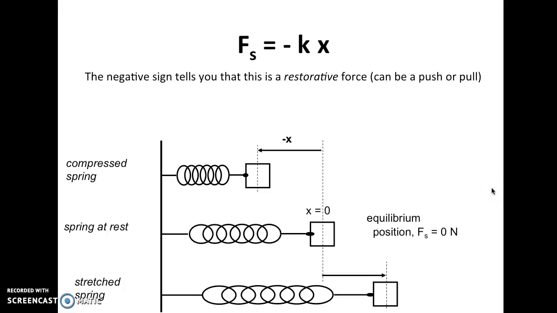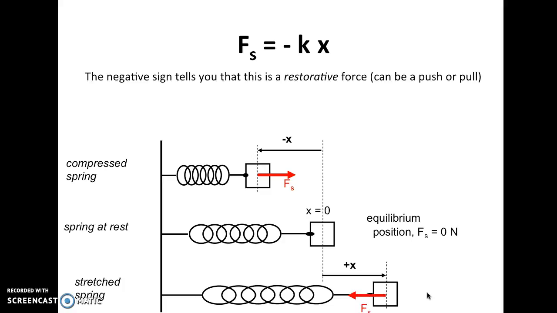Then up at the top, if we compress the spring, let's say we compress it a distance x to the left, so negative x, we know that it will apply a spring force. So if we draw the force on that object, we have the spring force that acts to push the object to the right. Now we can do the same thing with the stretched spring. So down at the bottom, we are going to stretch the spring that same distance, but in the opposite direction. So we have a positive x, and we see that the force on the object is